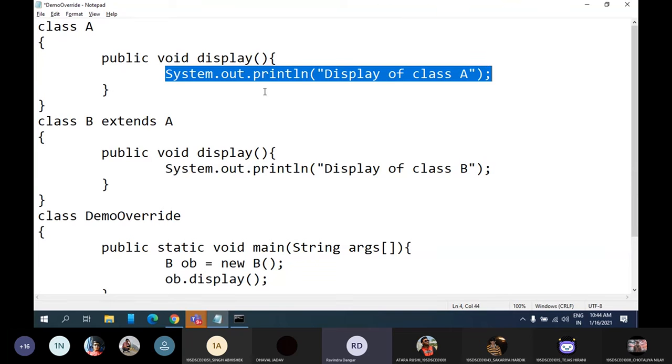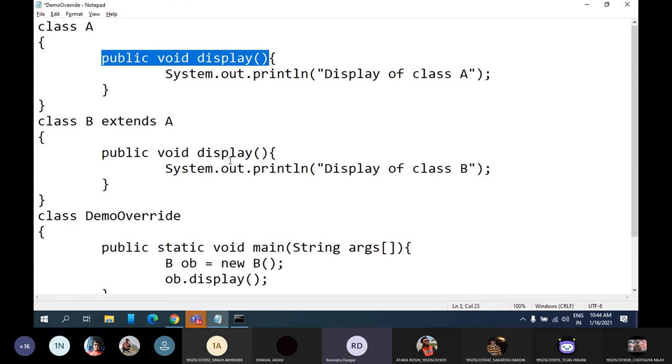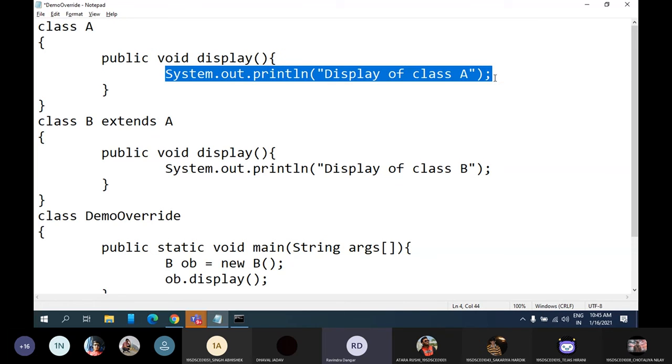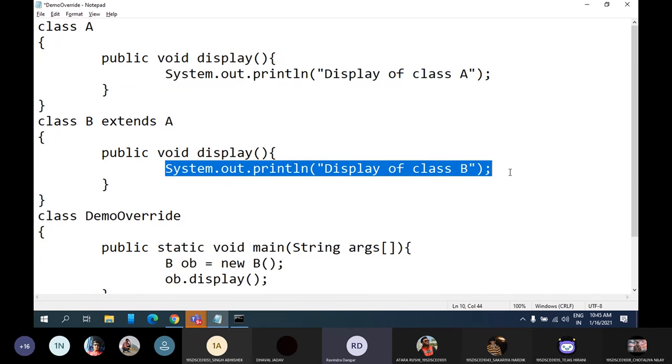Let's say, for example, class A is having this method where logic is this display of class A. Now in class B, where display method is already defined in class A, I want to go with different logic, but I don't want to change the parameters and method name. I want to add certain specific implementation. So in that case, if this concept is there, then and only then I can do it. To make sure that both the methods are having different logic. Even though the method name and parameters are same, let's say I want to add specific implementation, which is already provided by superclass. See, here superclass is having already this method and certain logic is also there. But I don't want to execute this logic. For the same method, I want to add my own logic for class B.